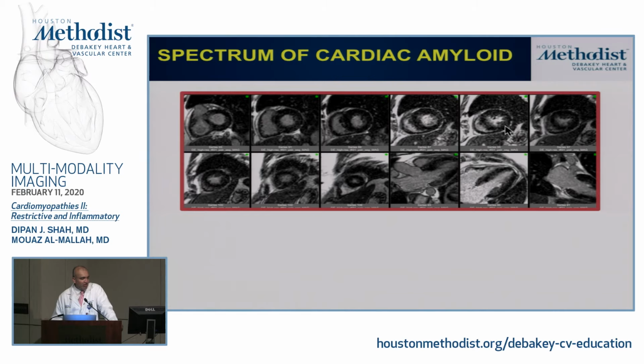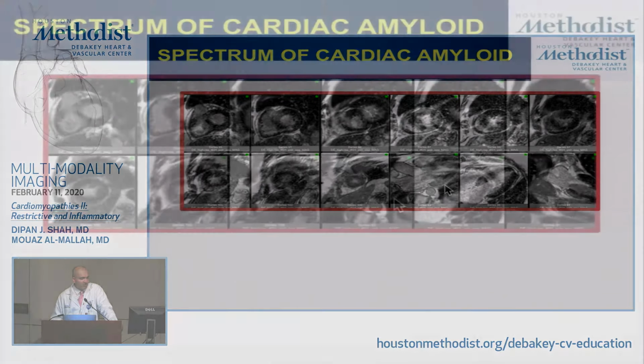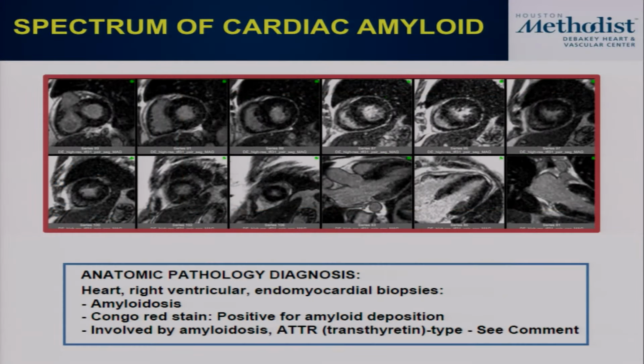There's some patchy areas of hyperenhancement that you see in the septum as well as the lateral wall. And this person, though, was actually biopsy confirmed to have evidence of cardiac amyloidosis. So again, maybe this is a patient that we're picking up very early in the disease process. But I think it's always important to keep in the back of your mind that the classic findings that you see in the more advanced stages may not be necessarily what you see in the very early stages